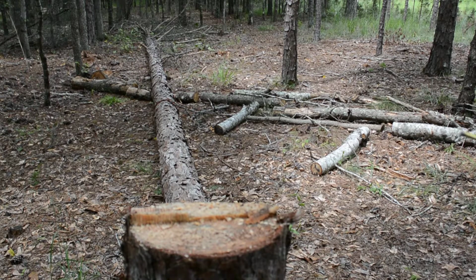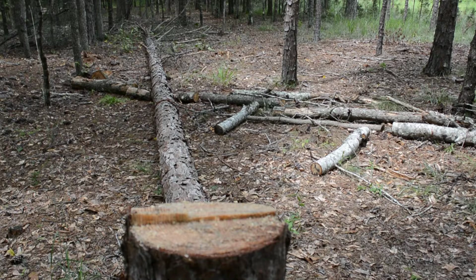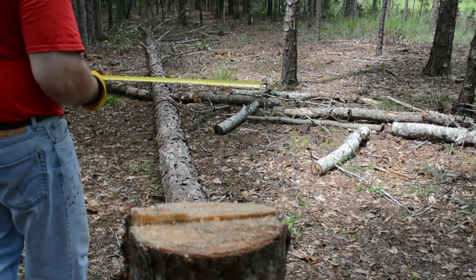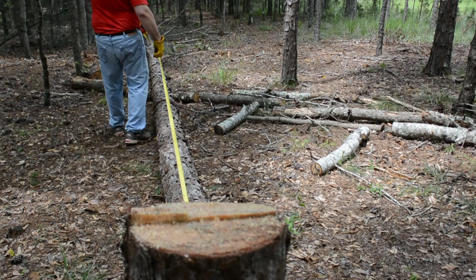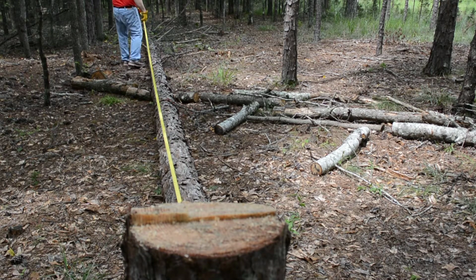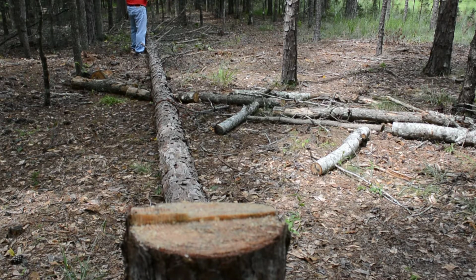All right, so let's see where I cut it. It's 9 inches down at the base, probably about 10 or 12. Let's see if I can get it. Hey, I might need you to come hold this. I want to see how long this thing is. That's 30 feet right there. Nah, I'd make it 30 feet and